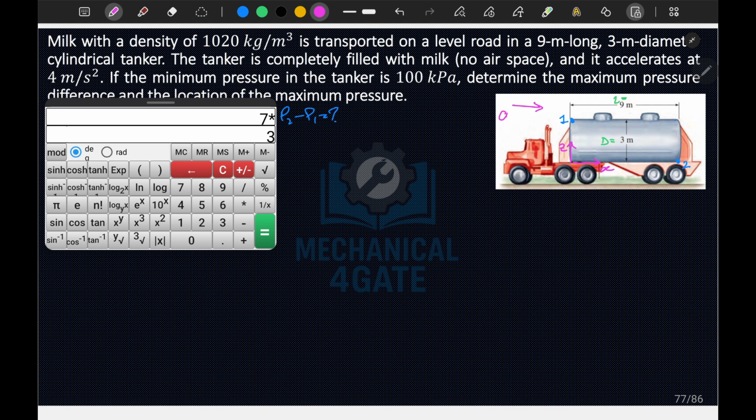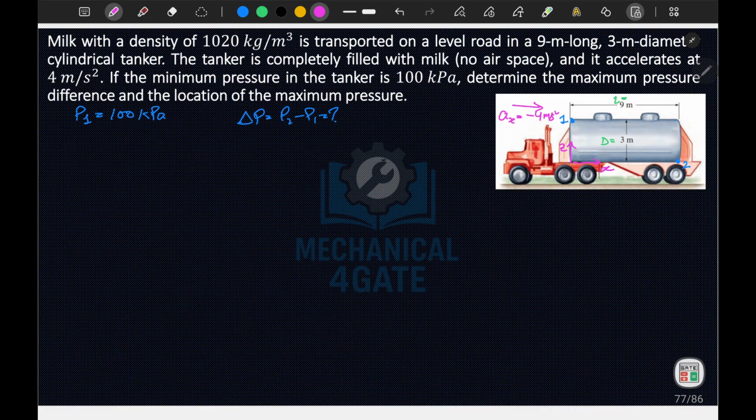Ax is equal to minus 4 meter per second squared. Okay, so I can write P is equal to P of x comma z, and from here I can write dP is equal to minus rho Ax dx minus rho of Az plus g dz. Now if I integrate this,